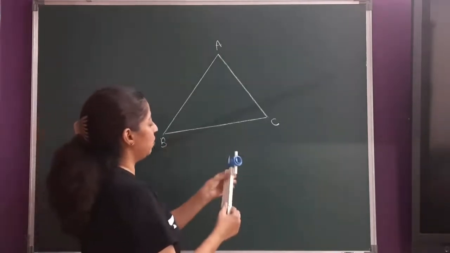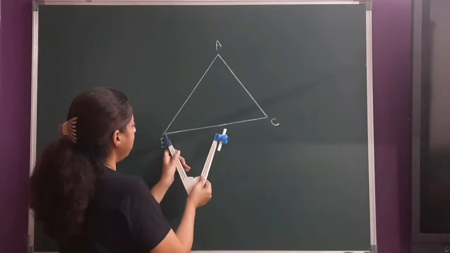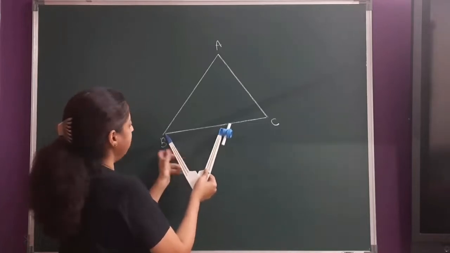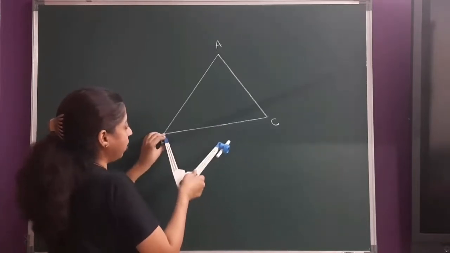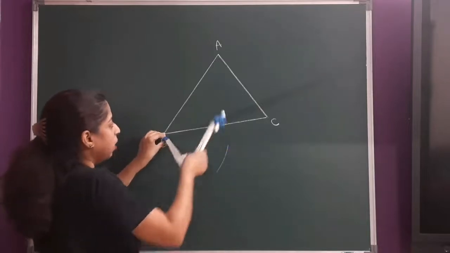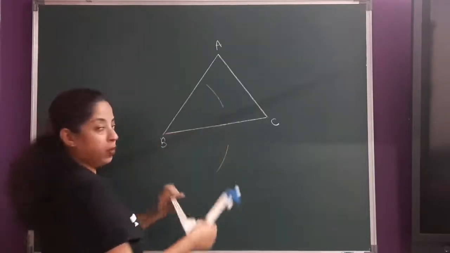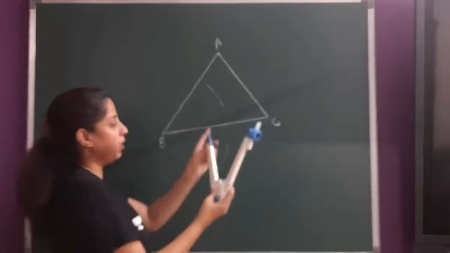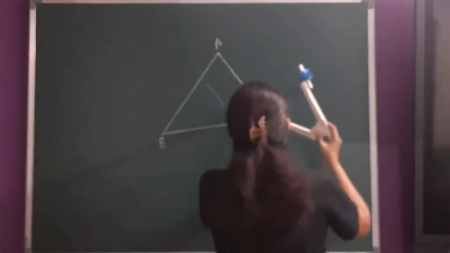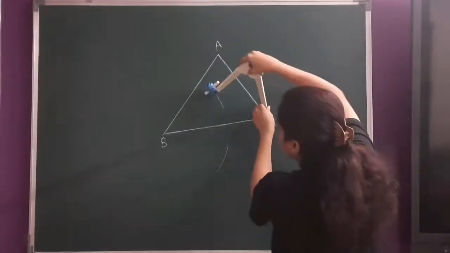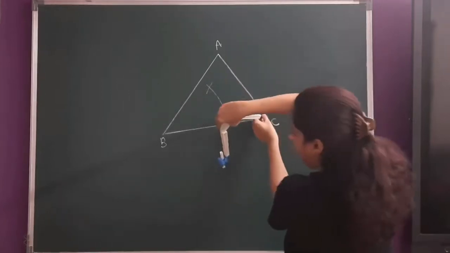So let's first bisect BC. So I have opened it slightly more than half, keeping the pointer at vertex B. I'll draw the arc on both the sides, keeping the same measurement,